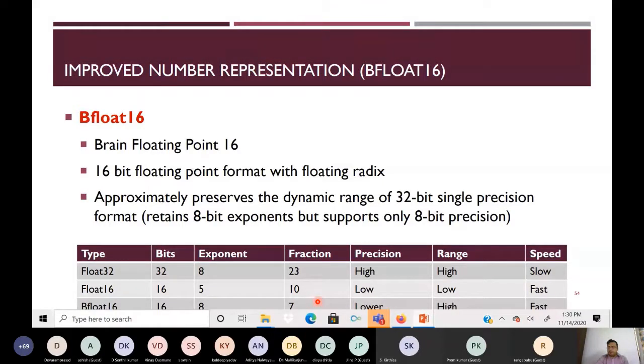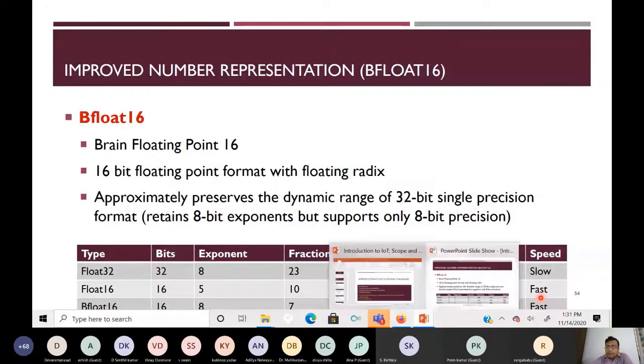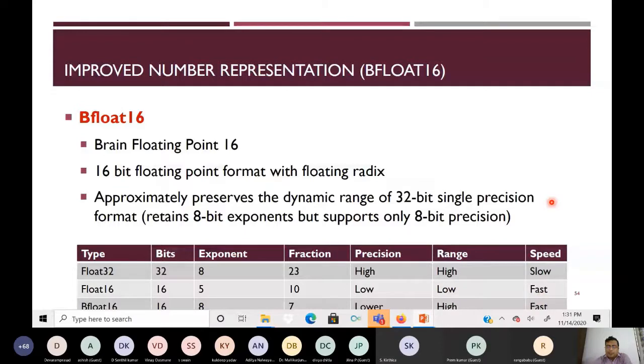And why was this design done? What is the motivation? The motivation is that in many CNN, DNN applications, the precision is not that important. Like in image recognition tasks, even if the picture of the cat is not very accurate, you can still figure out that it's a cat, right? If you take your video streams, when you watch a video, even if it's a little blurred, not very clear, you can still figure out who the actors are and what is going on, and so forth. So there are many applications which tolerate some loss of precision. For such applications, we want to tolerate loss of precision, but we want to have the full dynamic range available. So that is why